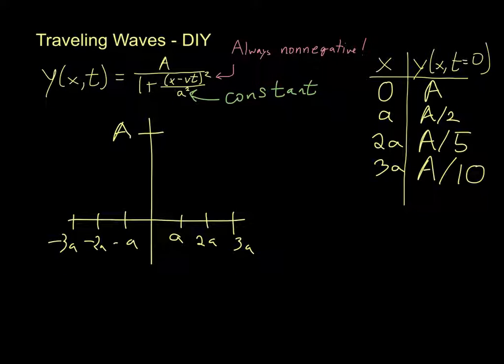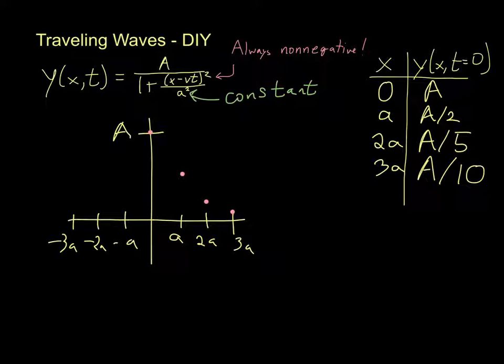So I'll put at x equals 0, y equals a. At x equals a, I'll put a over 2, so just halfway down. At x equals 2a, I'll put a over 5, so I'll estimate where that is. And then halfway up from there is a over 10, so at 3a, I'll just do half of the value I put for 2a,